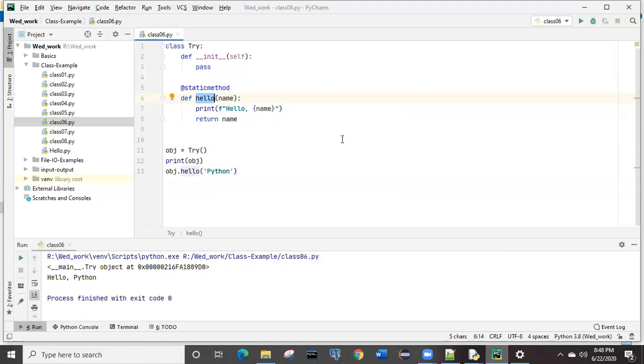And I told you that I have defined this method as static, right? Static means you can call this method without an object, without object creation. How? Through the class name. Got it? So there is a one-line task. After line number 13, you write try, that is the name of the class, dot hello, like how we call object dot hello in Python, right?